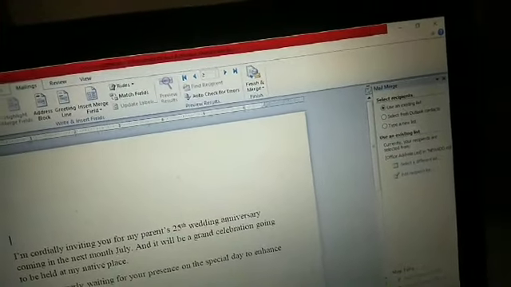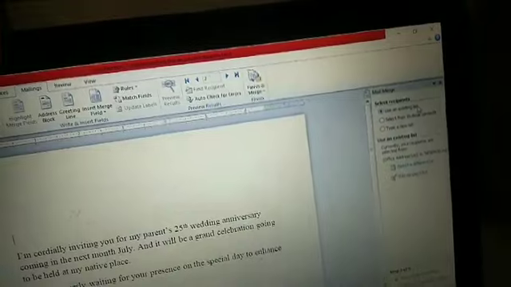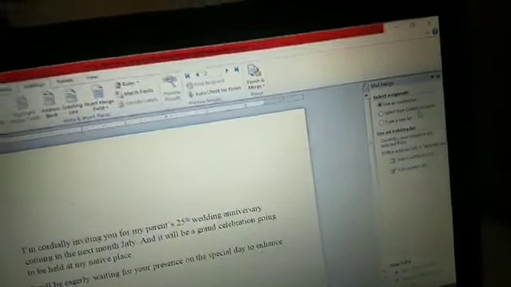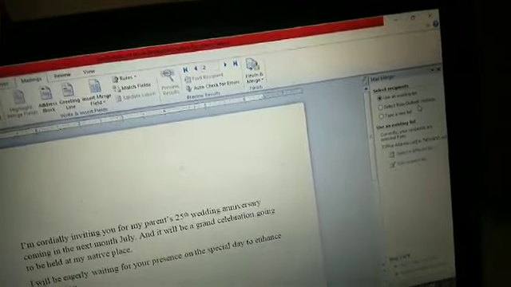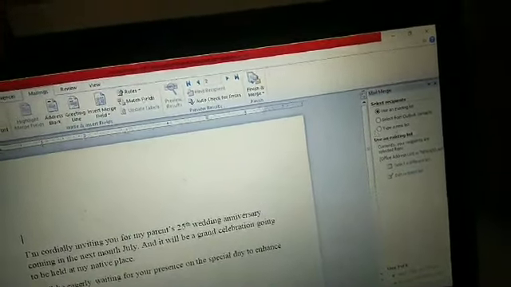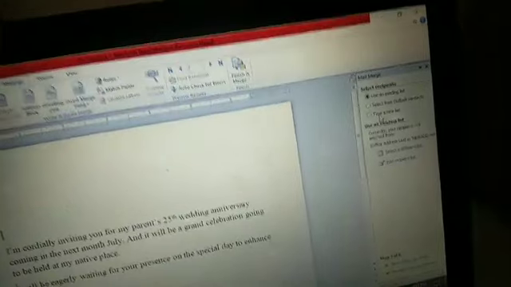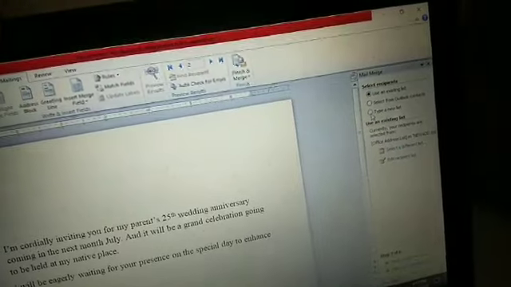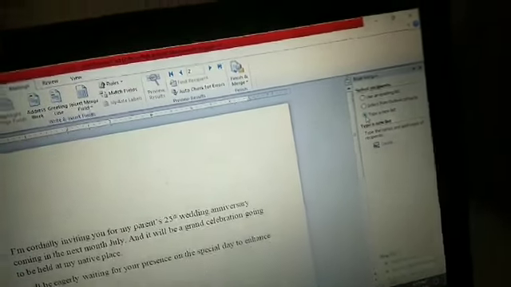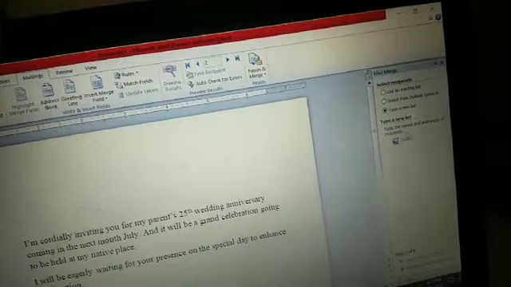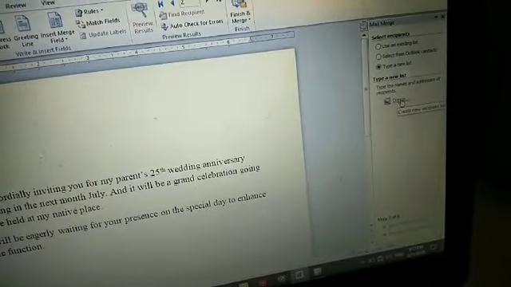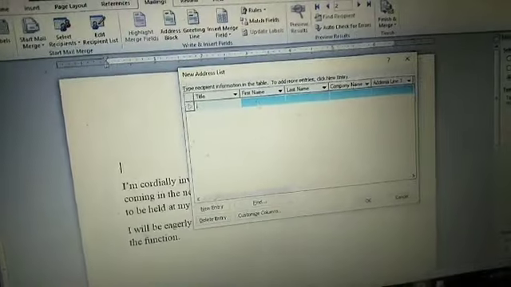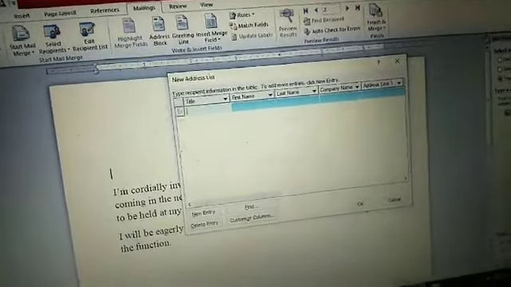Again you see select recipients. If you already have a list of your relatives, an address list, you can use that. Or Outlook, which is only for people who use MS Outlook. That is not necessary for you now, leave it. The third option is type a new list. You're going to type one fresh list of your relatives and friends, so I am clicking that. When I click, you can see the create option. This one I'm going to select. This is the new address list dialog box. Do all of you understand?